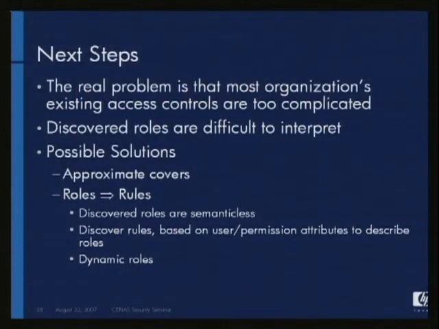And so these roles consist of some subset of users and some subset of permissions. And what I might want to do is use some either machine learning technique or some other technique to sort of relate the attributes of those users and permissions that are in that role to help put some semantics around that role. So I could ideally come up with something like a logical expression that says, okay, this rule corresponds to people in this geography, in this department,